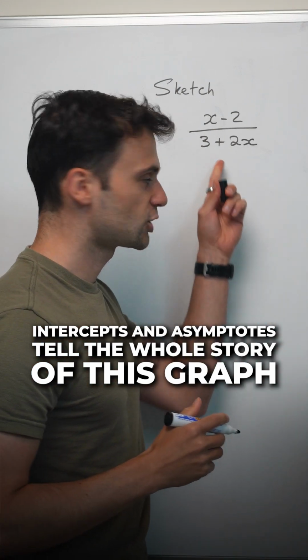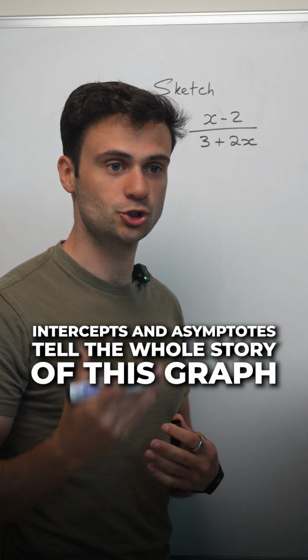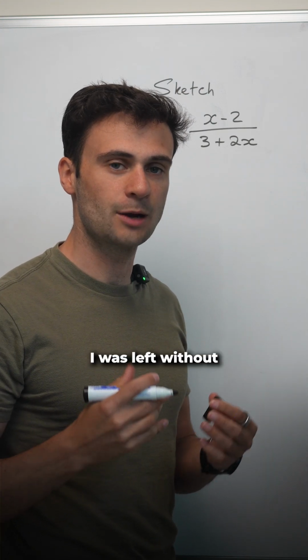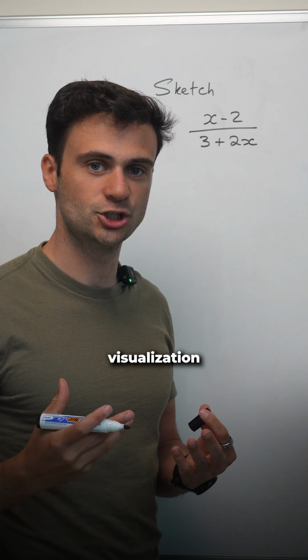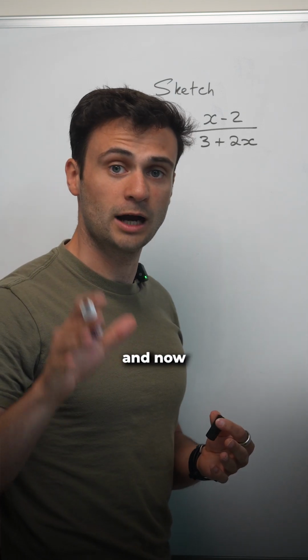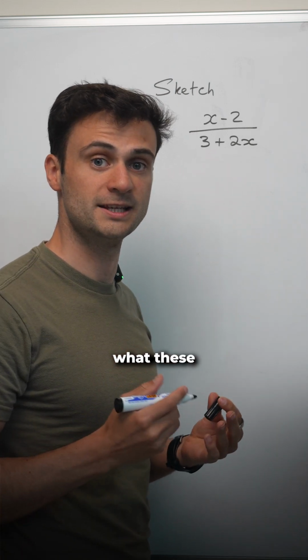How would you sketch this algebraic fraction on a graph? In school, I remember I learned how to sketch linear functions, quadratic functions, but whenever a question about an algebraic fraction came up, I was left without any kind of visualization or idea about what the graph actually looks like. And now I want to show you exactly how you can visualize and see on a graph what these algebraic